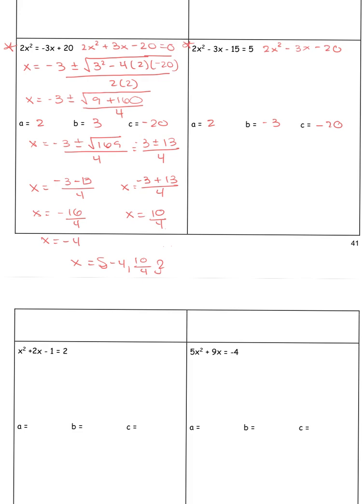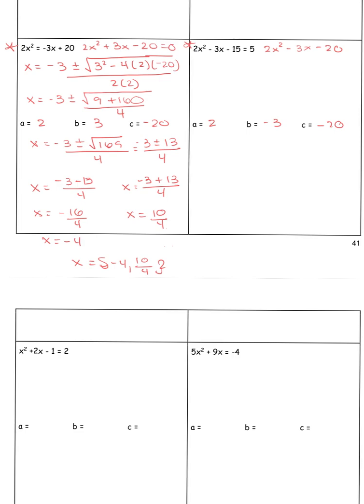All right, so just like in the previous examples, we are going to plug it into our quadratic formula. So we have x is equal to, remember our -3 is negative, so we have to put that in parentheses, plus or minus the square root of